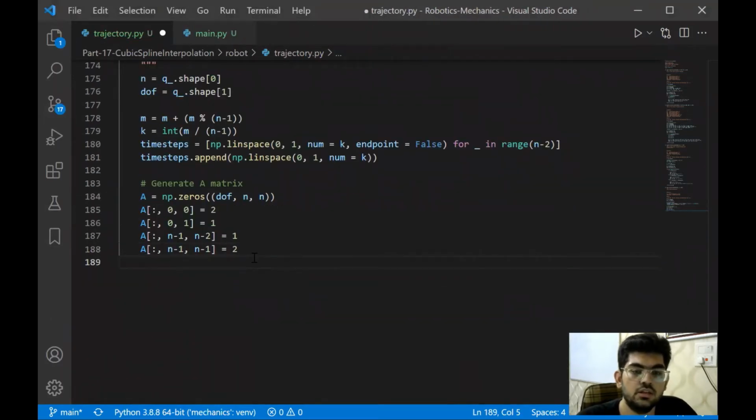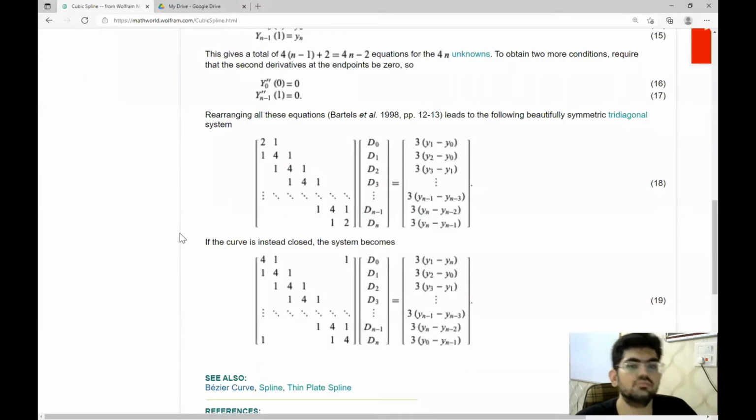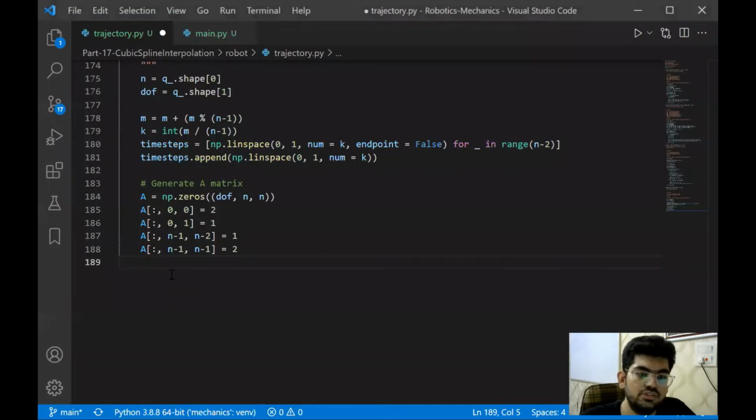So this is how we do it. These were two not so common values that we had. All the other entries follow a common pattern, so we can use a loop for them, but for this 2 and 1 there was no common pattern, so therefore I decided to introduce it like this.